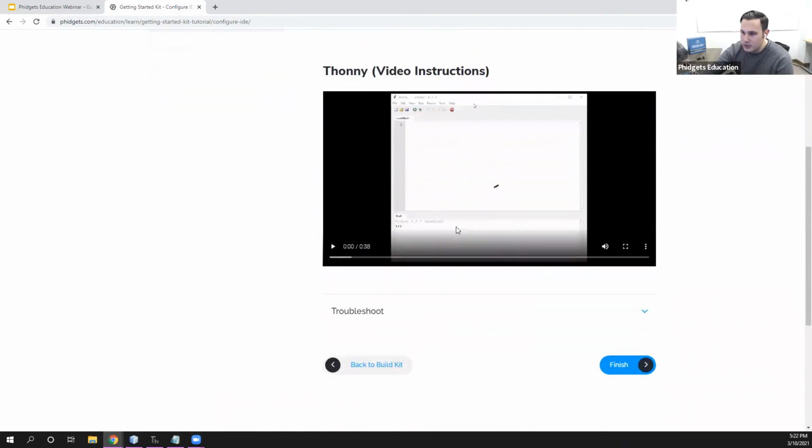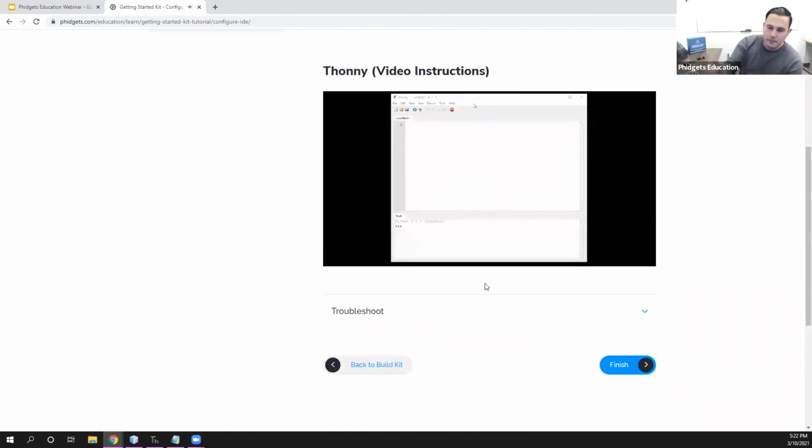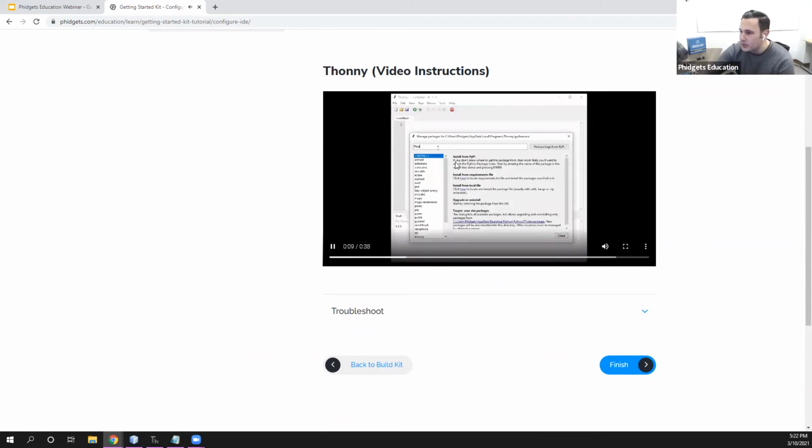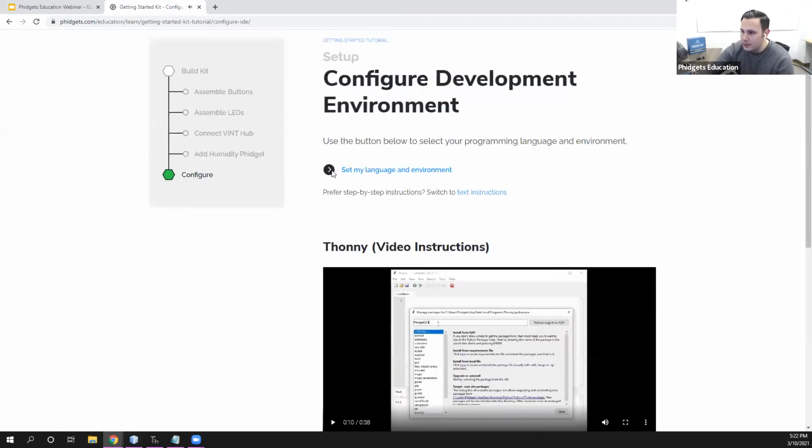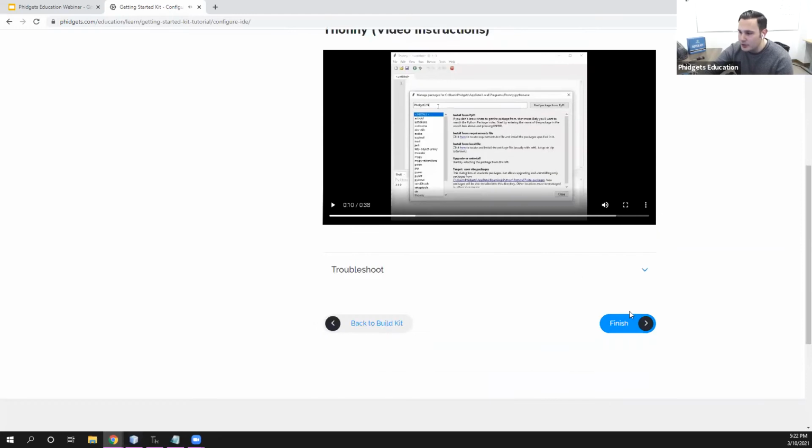So if you click video instructions, you can see Open Thonny, stuff like this. So if you have a student who prefers videos, they can then manage packages and search for Fidget 22 native. So that would be how you would configure your environment. And then when you're done that,